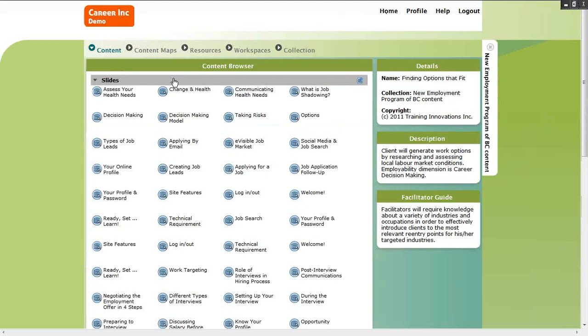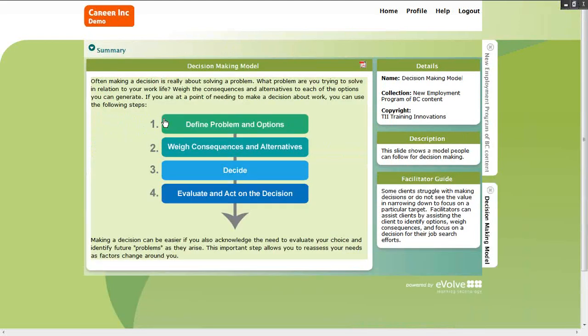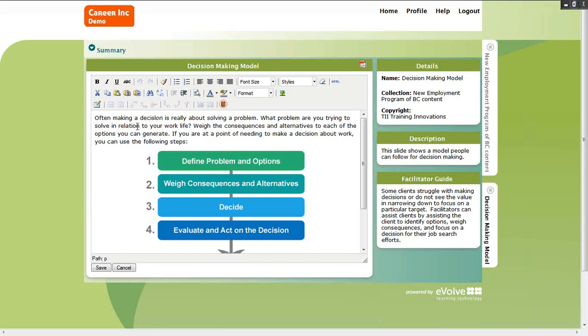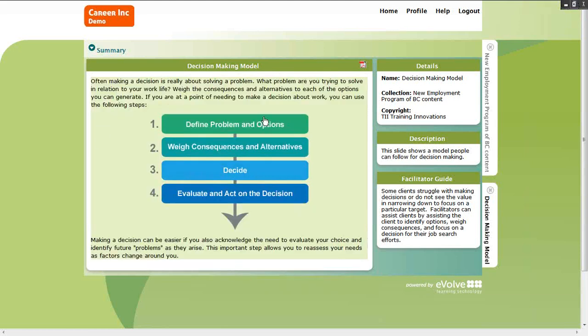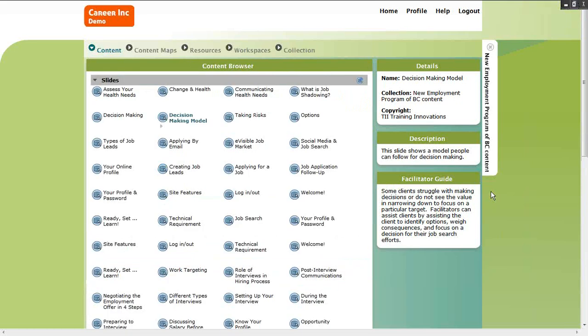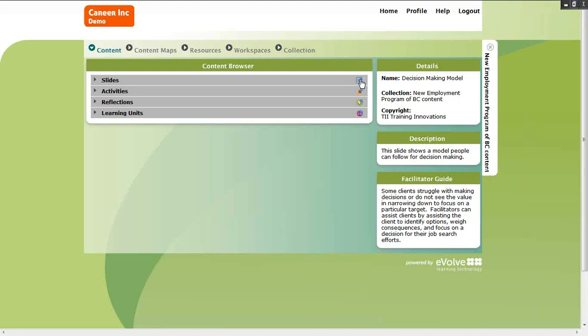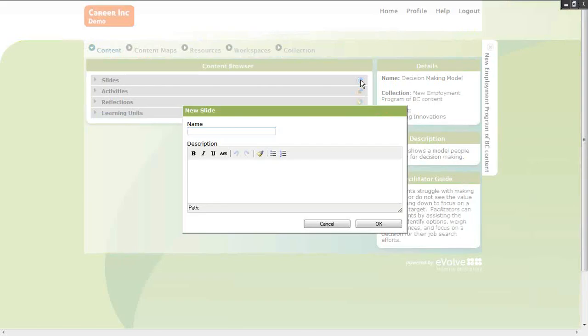and go into a slide. If I go into the decision-making model slide, I click it and it opens it up. To edit it, we just click on it and we can edit the slide now, save it, and anywhere that slide is used in this organization will now be updated. If I decided that I needed to create a new slide, I would click on the plus, name it,